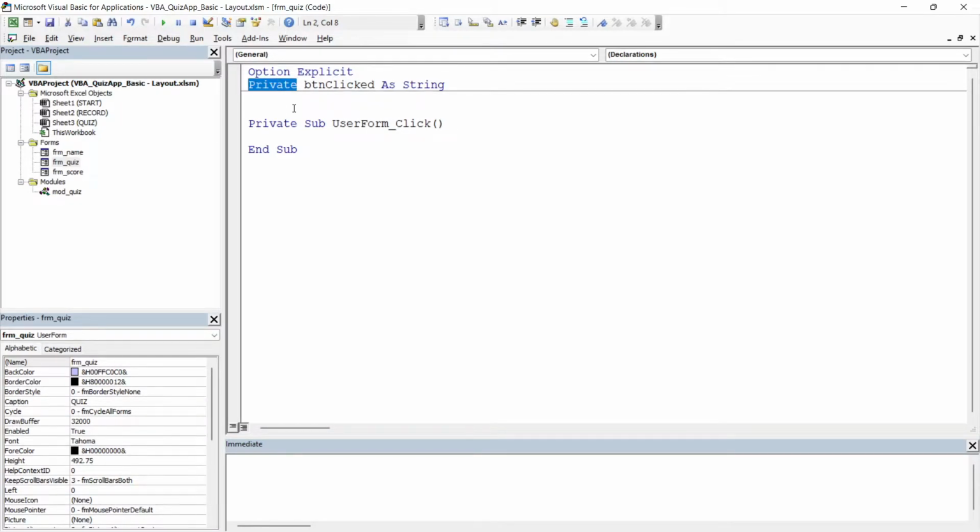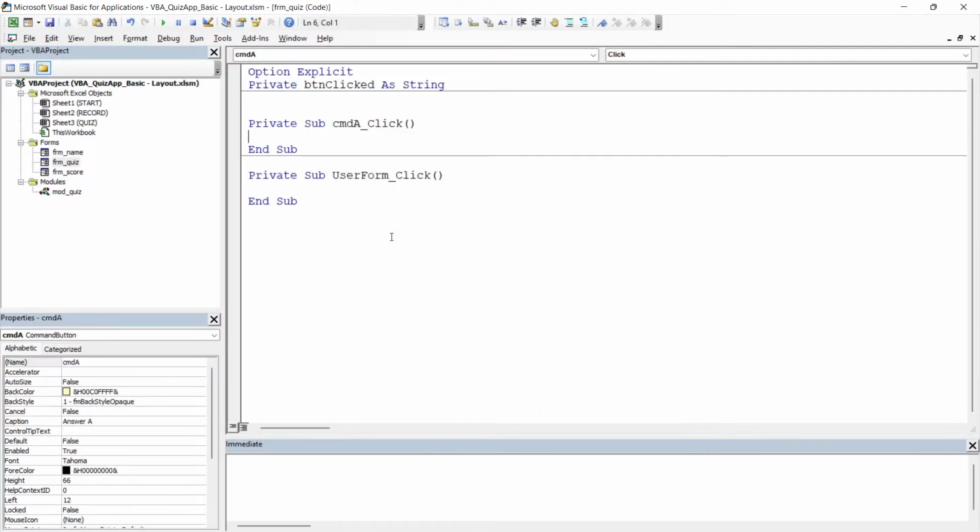So you may notice sometimes I use public, then sometimes I use private. If it's public, it's accessible to any form or module, and if it's private, then this variable is only accessible within this user form. So now let me go back here, and if the user clicks this button, ButtonClick should be equal to